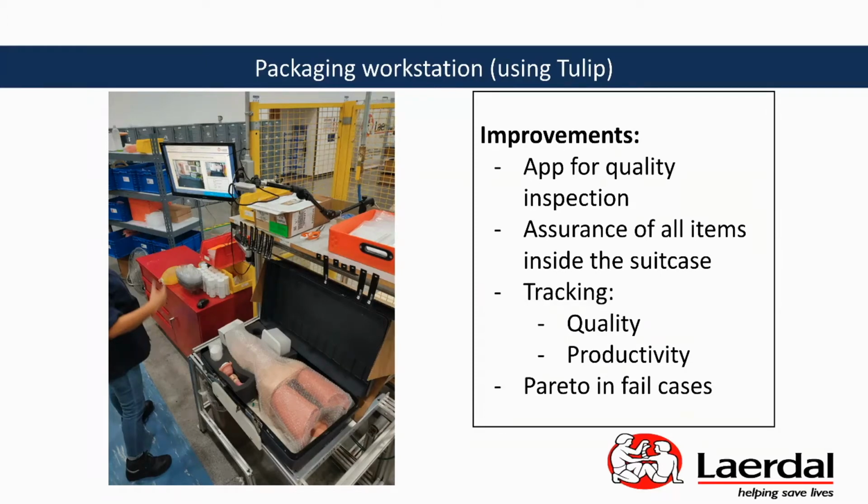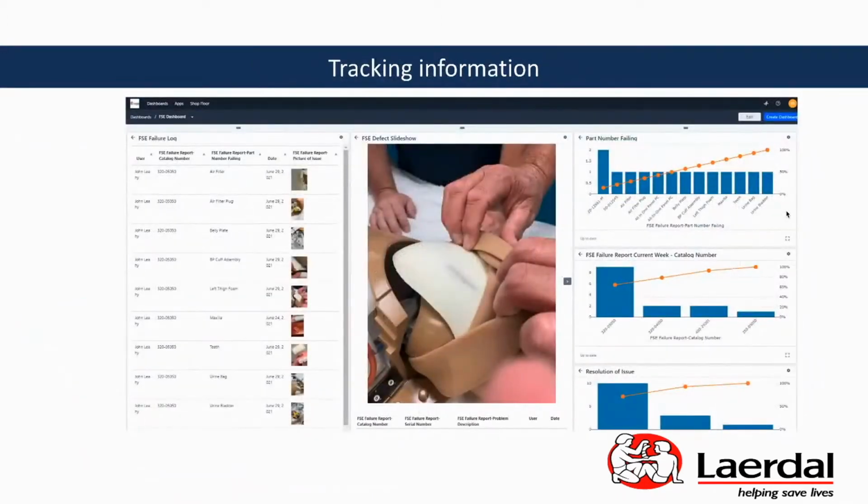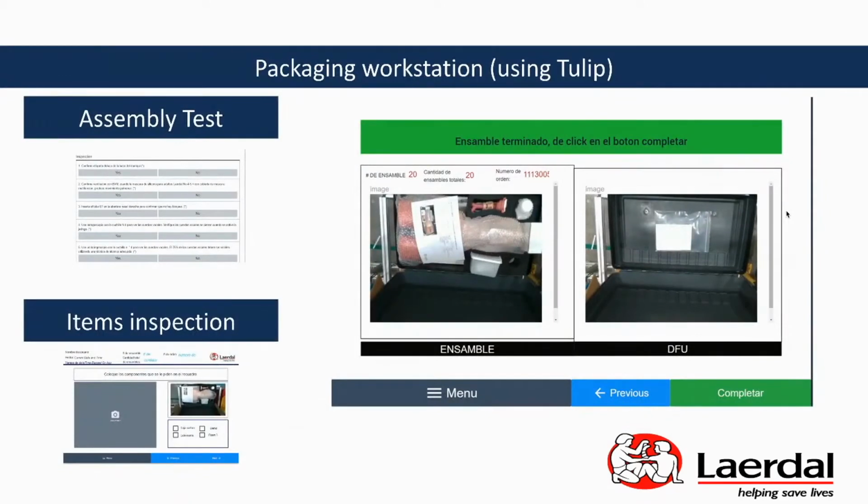So please, can you skip this slide, please, to the next one? No, the last one, yes, this one. So basically, sorry, can you go up to the previous one,